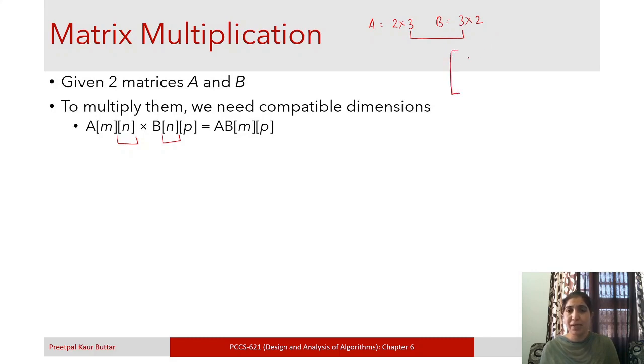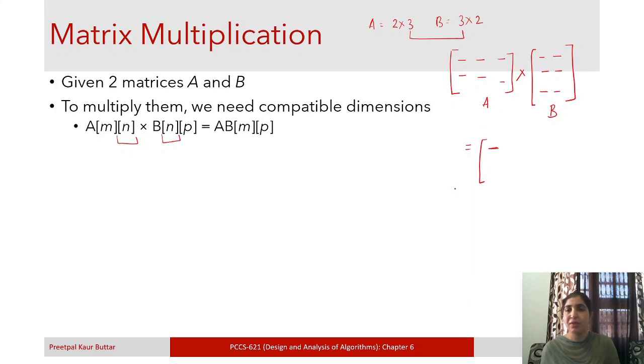Suppose A looks like this. There are 2 rows and 3 columns. So this is the structure of A. And B has 3 rows and 2 columns. Okay, and when we multiply them together, then